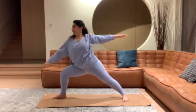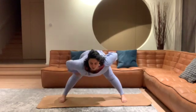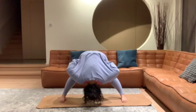And then come back up into warrior two. Straighten out the foot. Bring the legs parallel to each other and put your hands on your waist and move your chin forward, and then bring your head slowly down, all the way down, and put your hands on the